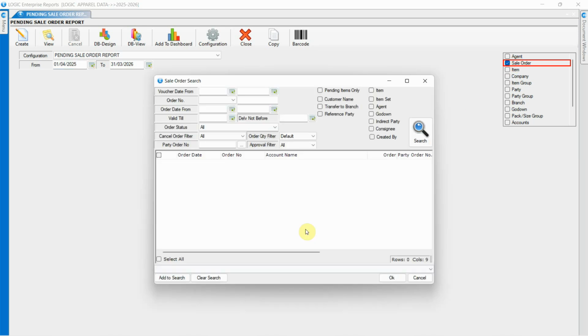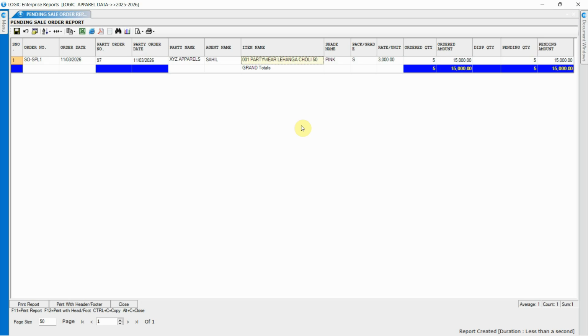In this window, you will find the order number column, where all the available sales order series are displayed. This order number filter is available across all sales order reports. Now, let's select the newly created series and generate the report. As shown, the report has been successfully generated based on the selected sales order number series.